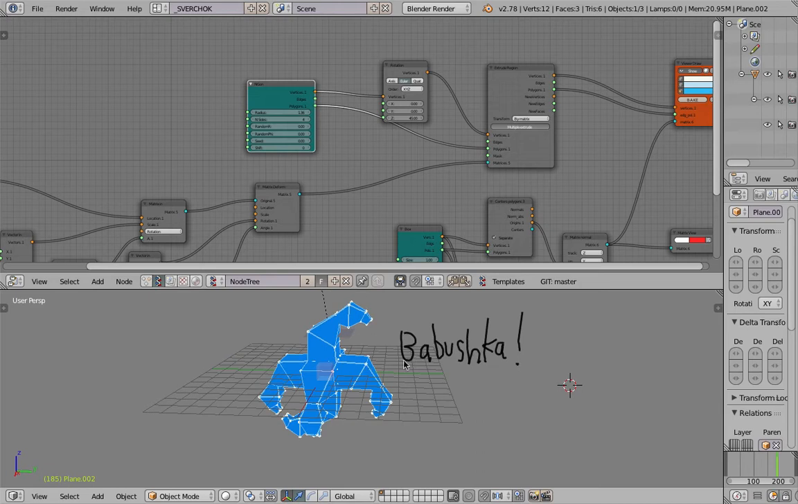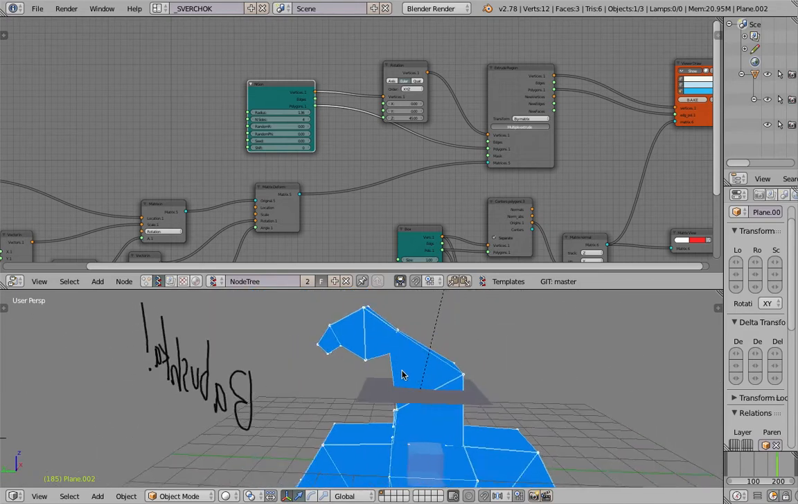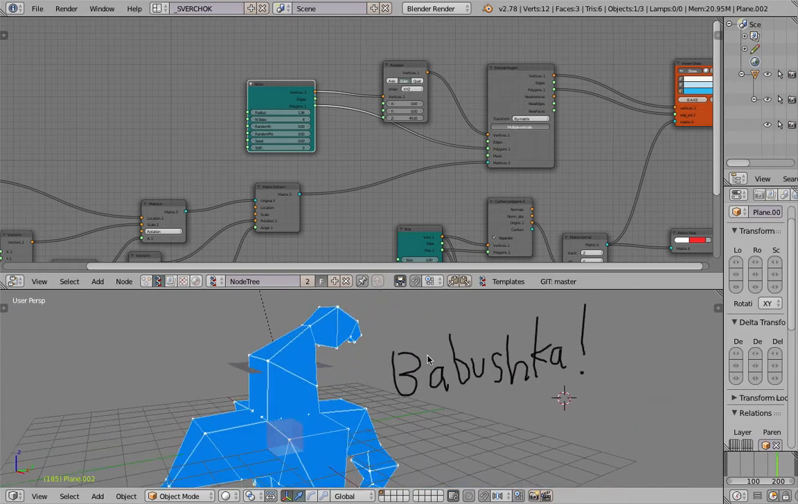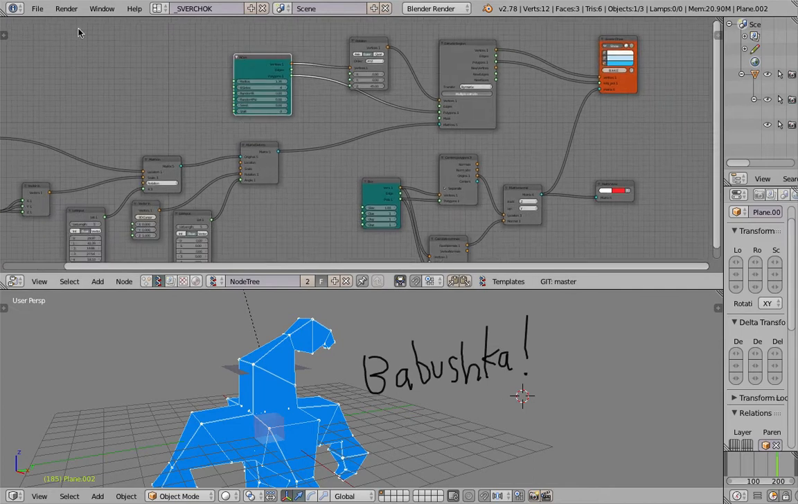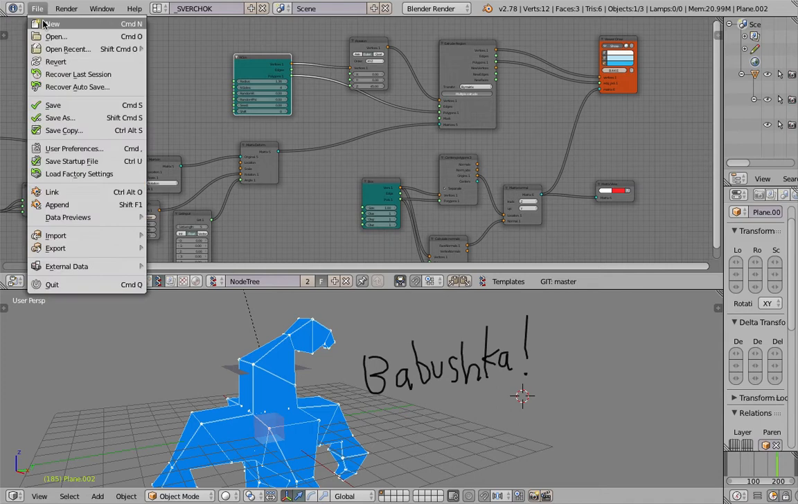I call this Babushka because this guy looks like a grandmother in Russia. If you look at it from profile, it looks a little bit like that. But anyway, I'll probably start from scratch. I will save this one. Okay, I'll just start from scratch,